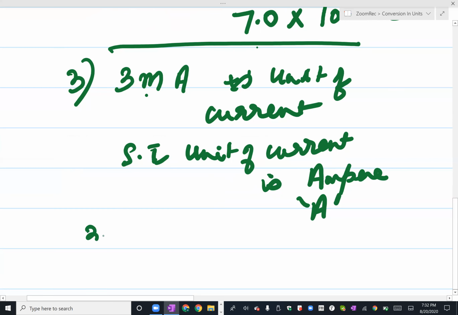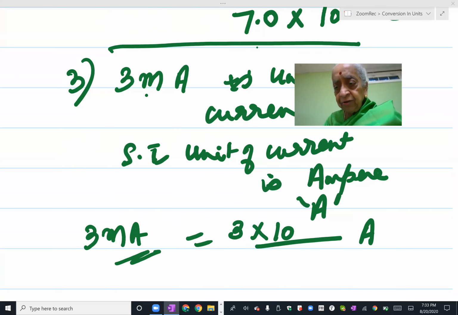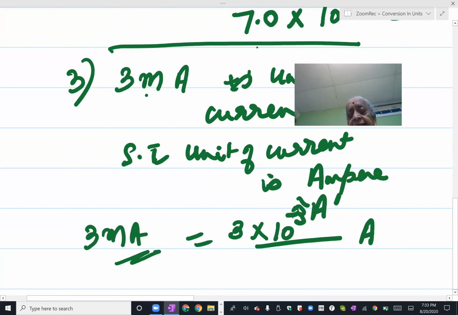And now to convert 3 milliampere to the ampere units, which is its SI unit. 3 by itself is a number between 1 and 10, so no problem. So you write 3 into, now you have to write, milliampere is a smaller portion compared to the quantity. Milli, centi, then deci, and then only the quantity is coming. So you write 10 to the power of. After the milliampere, just look at my finger, milliampere, you leave that milliampere. Then you have one finger for centiampere, 2 fingers for deciamperes, and 3 fingers for ampere. You stop because this ampere is here appearing. Therefore, you will have 3 into 10 to the power of minus 3 ampere.